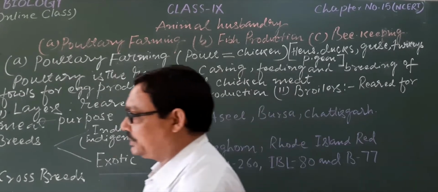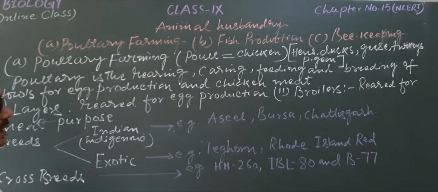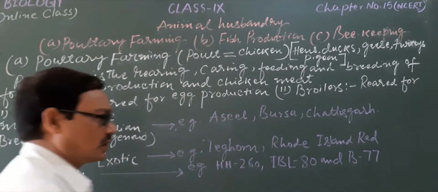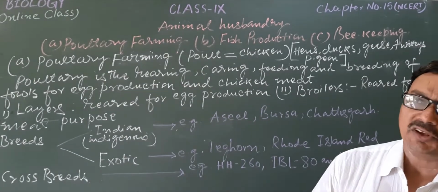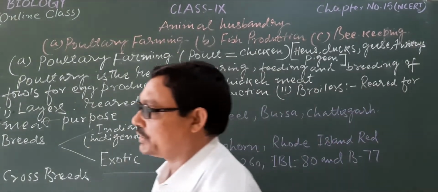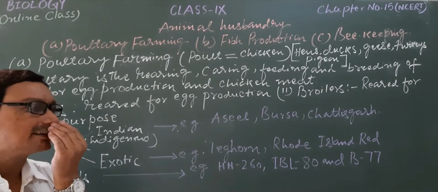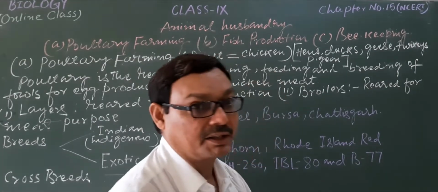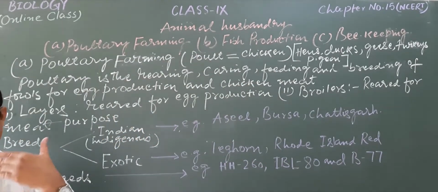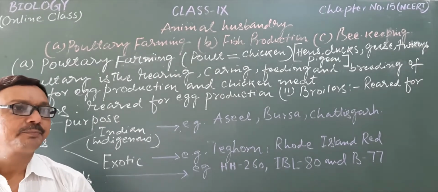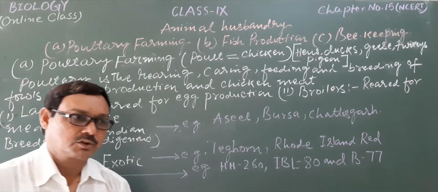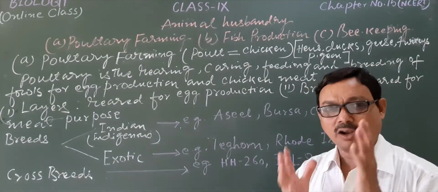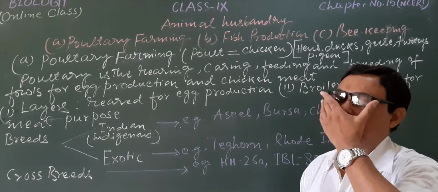We well know that in this chapter we have seen so far how the resources of foods will be increased, how the resources of food materials for human beings can be improved. And in this regard, we have seen the agriculture practices, that is, how the crop, their yield, and their quality will be improved. And thereafter we have